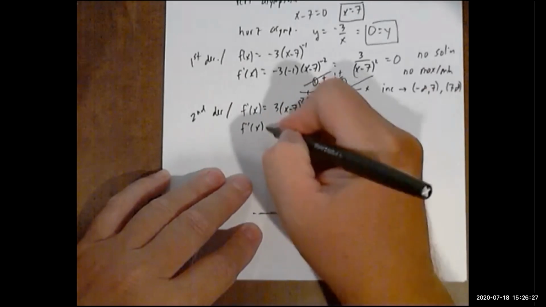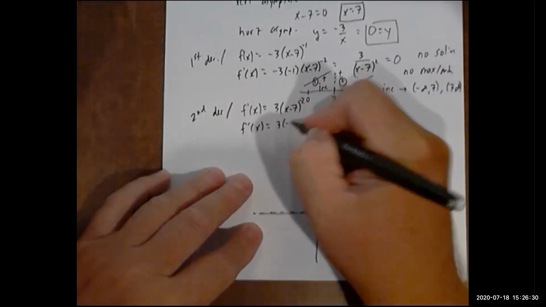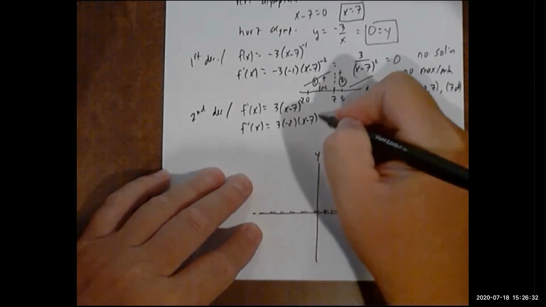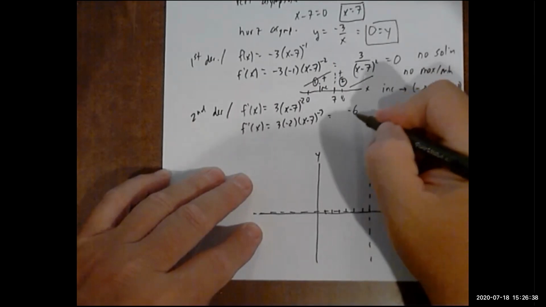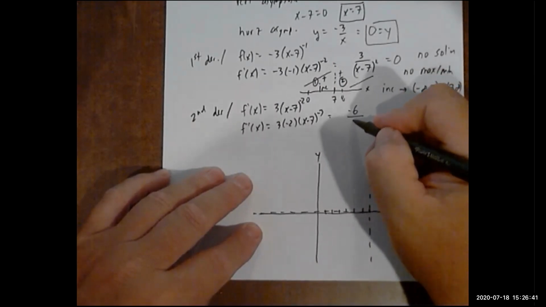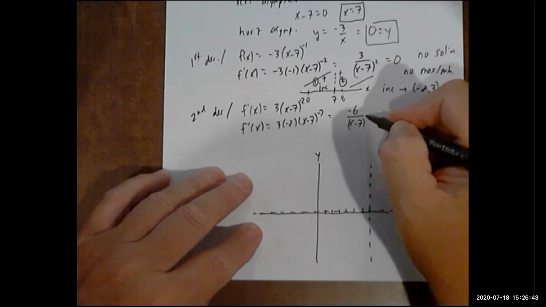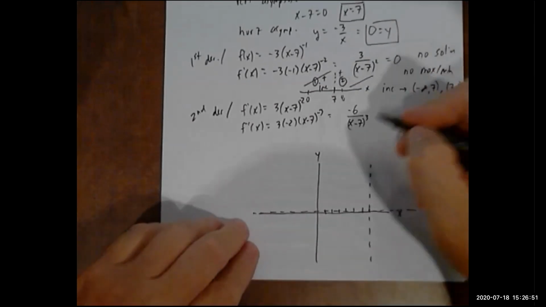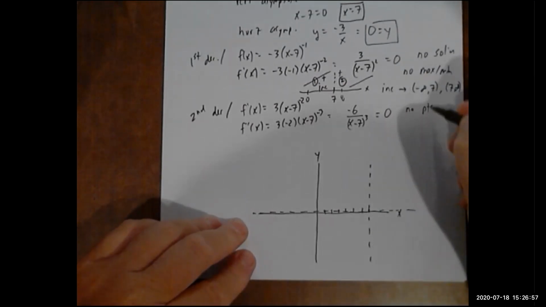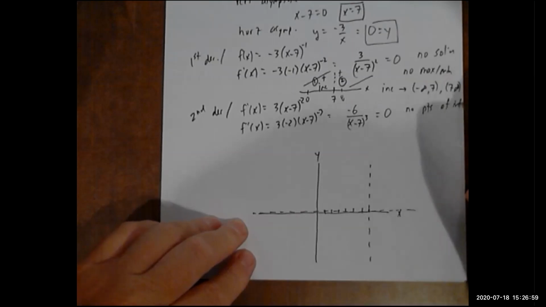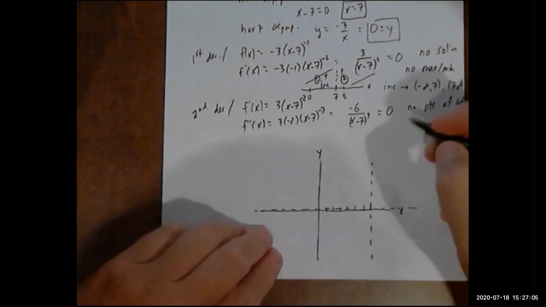Second derivative would be 3 times minus 2 x minus 7 to the minus 3rd, which is really negative 6 over x minus 7 cubed. Now to find points of inflection, I set this equal to 0. Once again, no points of inflection. However, concave up and concave down,